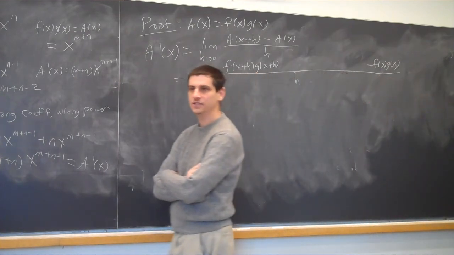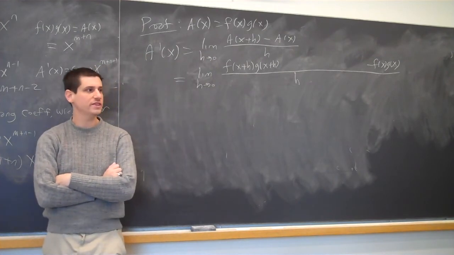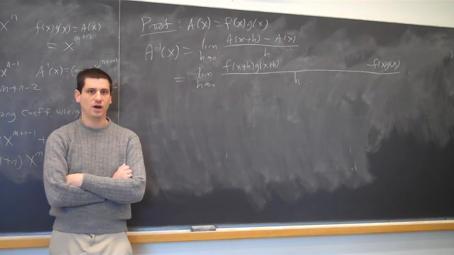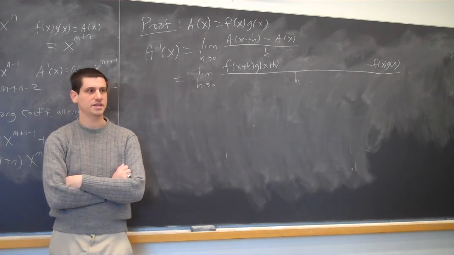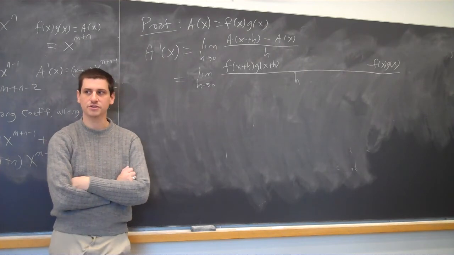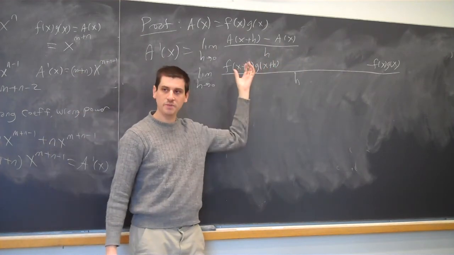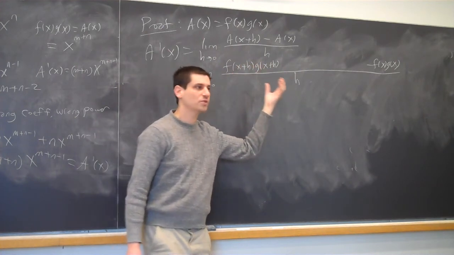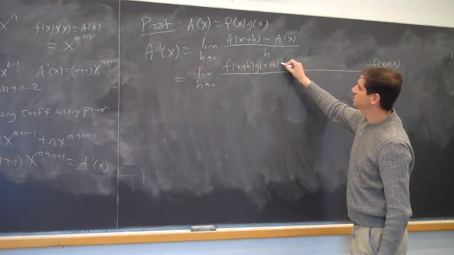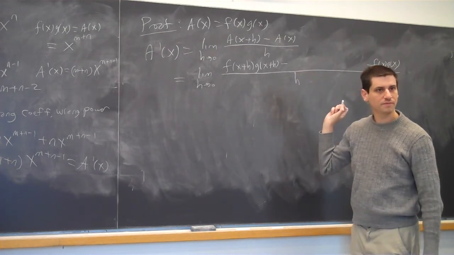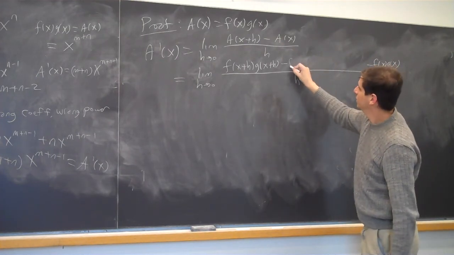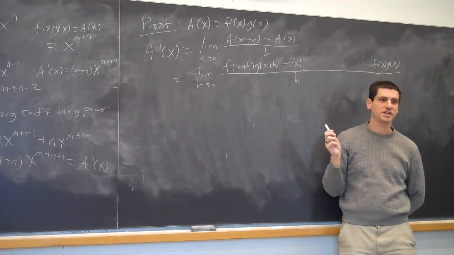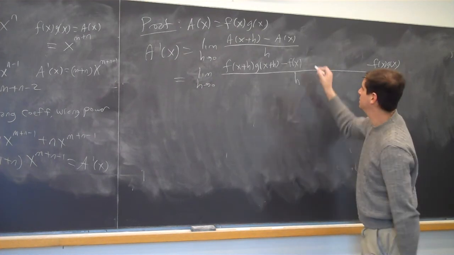We have an idea of what the derivative should be. We think it should be f prime g plus fg prime. What's f prime? That's f of x plus h minus f of x over h. Do you see an f prime here? Or do you see a start of an f prime? So if I wanted to, I would want to subtract off what? I have to do more than just f of x. F of x times g of x plus h.